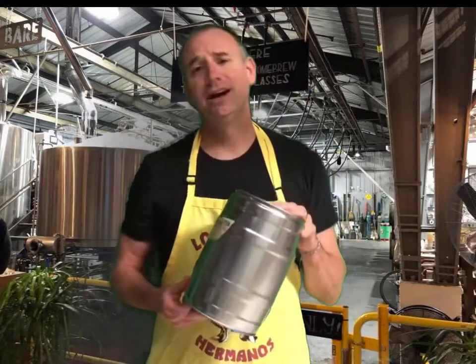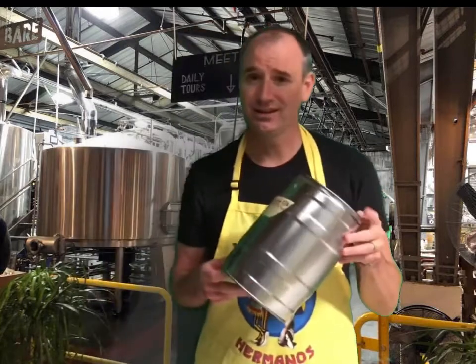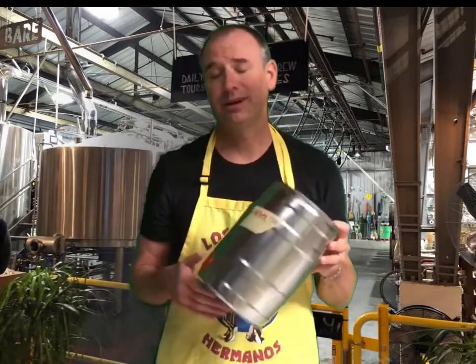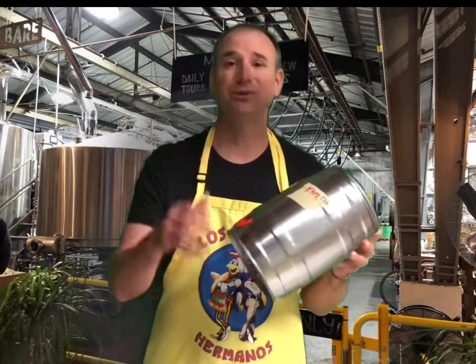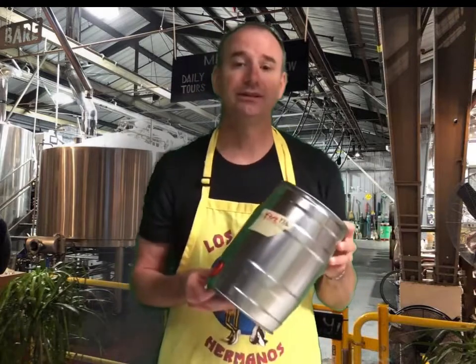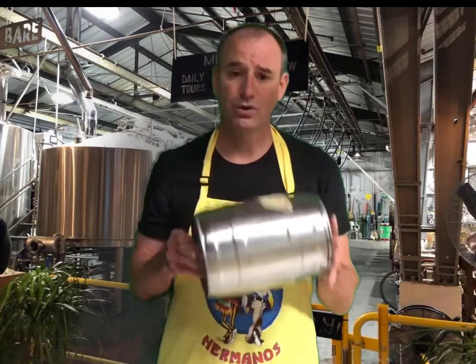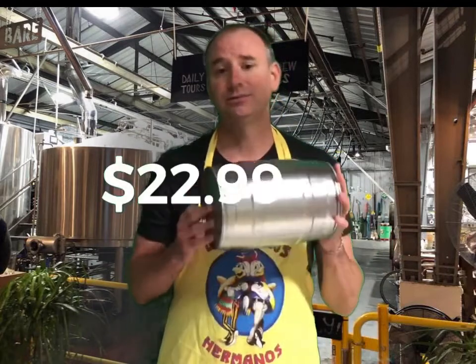Whoa! Just kidding, it's not really that heavy. Now with mini kegs, you're looking at $22.99. You're going to need 3 of these in order to fill your 5-gallon batch. Now again, we're actually looking at 4.5 gallons because we lose about half a gallon with the flocculant or the sediment that precipitates down to the bottom. Now that's your total. $29.99 times 3 is